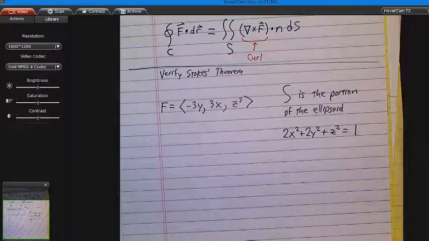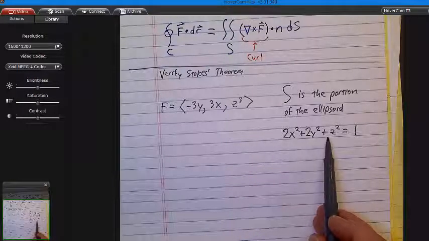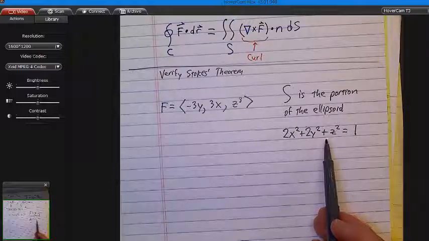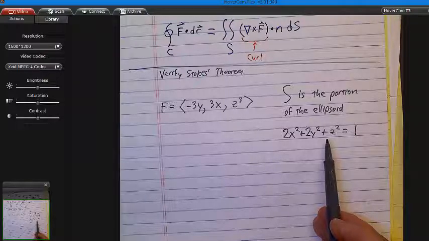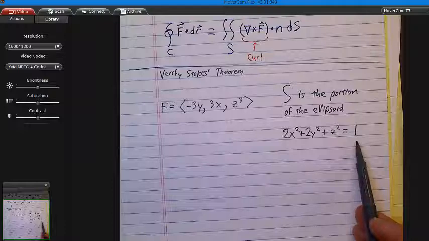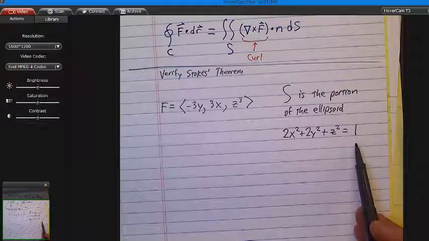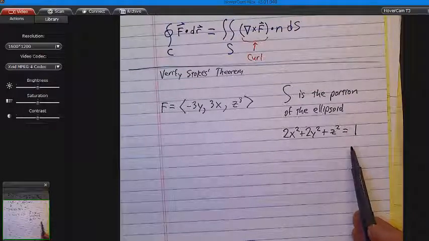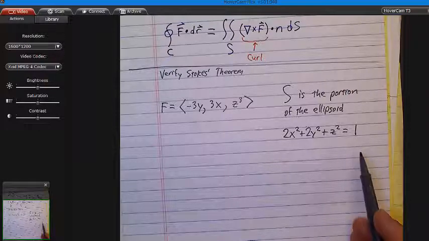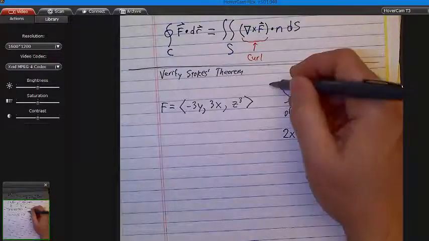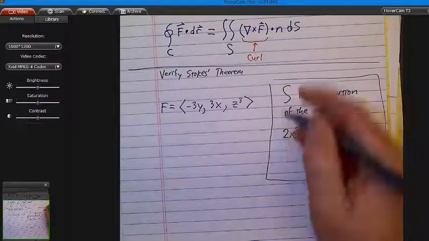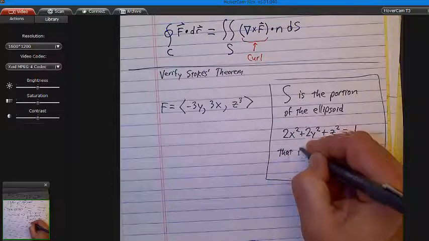Now, wait a minute. What if it said 2z squared? Then what shape would it be? Sphere. Bonus, what would be the radius of the sphere? Well, you'd want to divide all the 2's out, so you'd have a 1/2 on this side, right? And so the radius would be 1 over root 2. You would take the square root of 1/2, right? Okay, so if we understand that, let's let S be the portion of the ellipsoid that is above